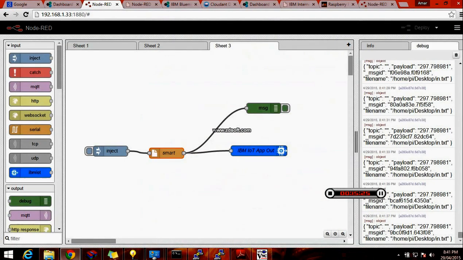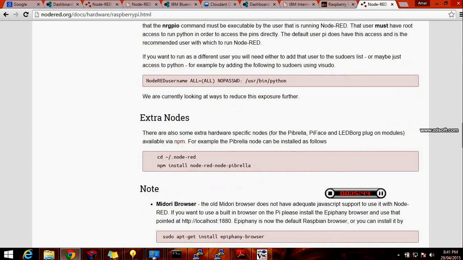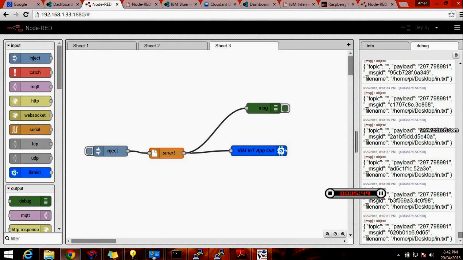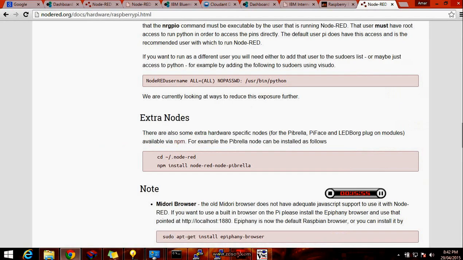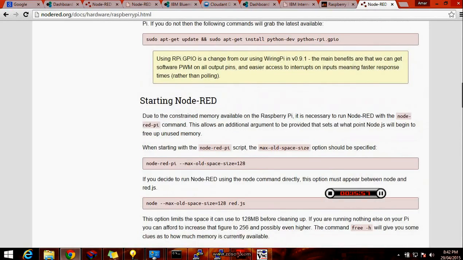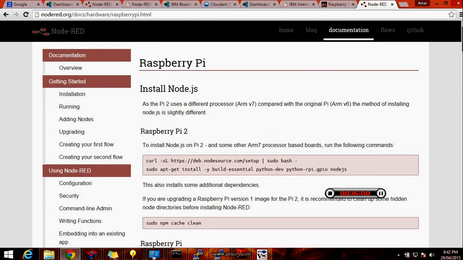In order to access this Node-RED service on the Raspberry Pi, you have to enter the IP address of the Raspberry Pi, colon, the port number. In order to access Node-RED, we are using port 18880. After entering these things, you are able to see Node-RED. In the first case there may not be the IBM IoT app that is required in order to access the particular device, that is, here we are using Raspberry Pi. So in order to get this, we have to run the command, that is npm node-red IoT app install. If you want to find it, go to the home, then you can Google it.